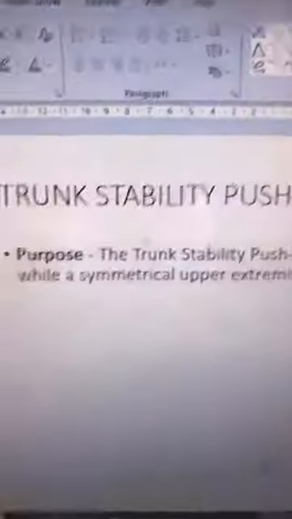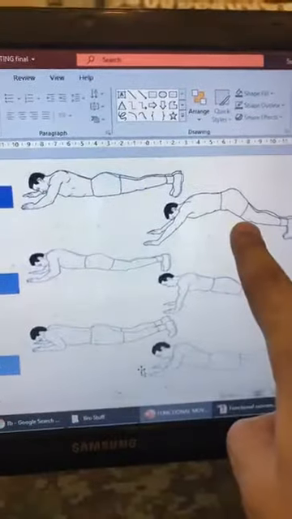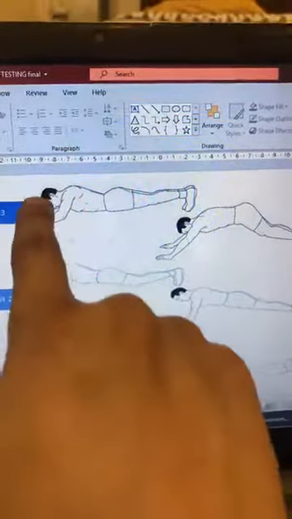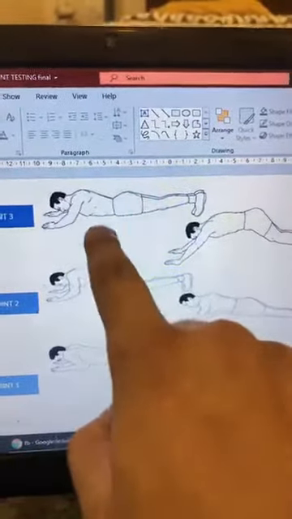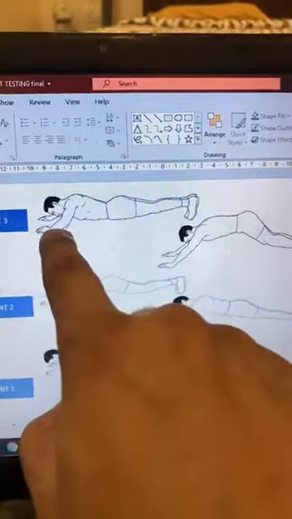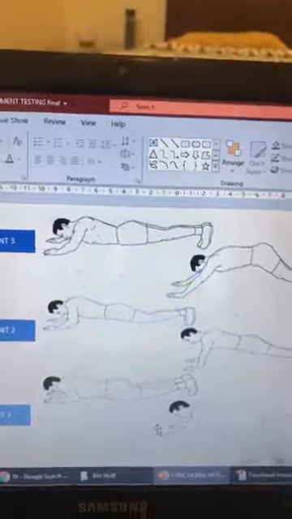So the next is this. If you see point number 3, this is the pattern. The hand placement is next to the forehead, if we are performing it on the male; if it's female, then it's slightly lower. And then you are going as one unit. There should be no compensation like that.